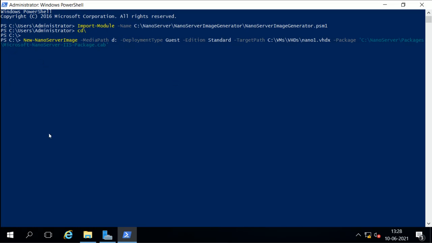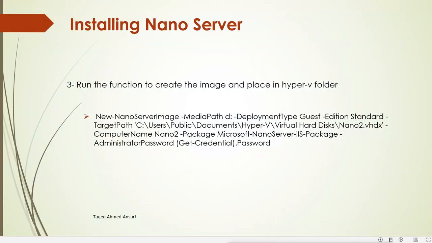You don't have to give the whole path manually. You just have to give the initial path and press tab, and it will complete automatically. I want to install the IIS role into this. Then I will mention the administrator's password. For the administrator's password, I will use this option here. It says get credential dot password.